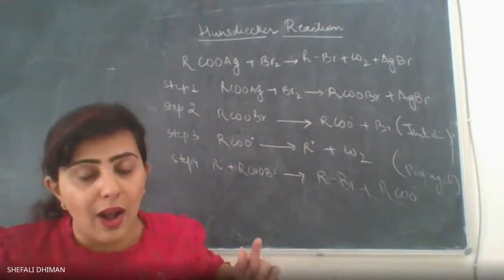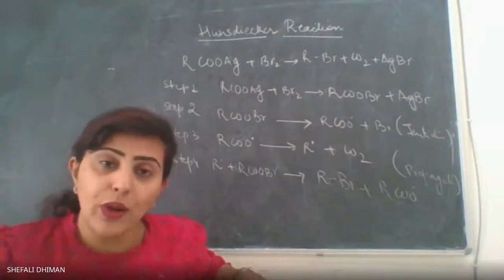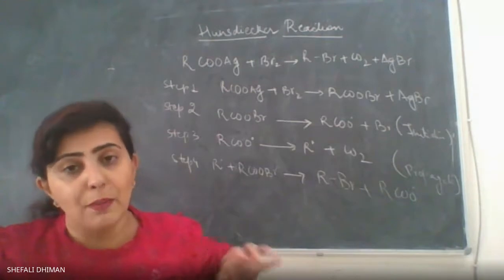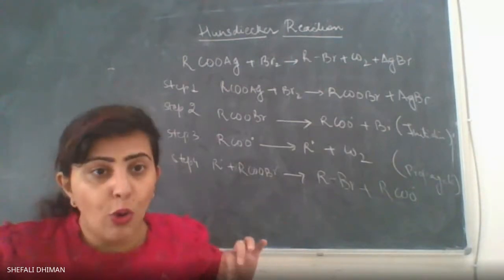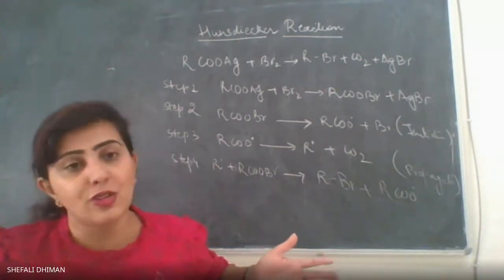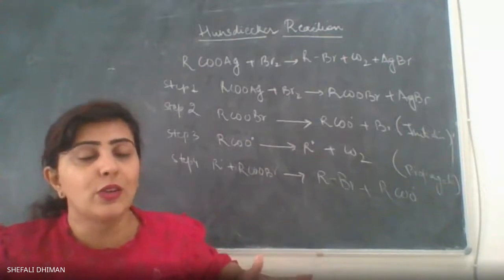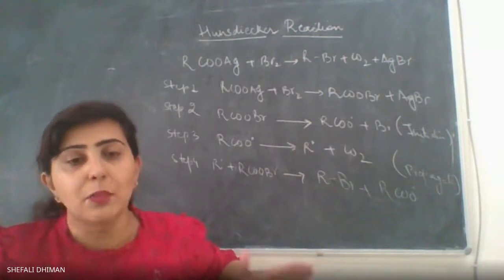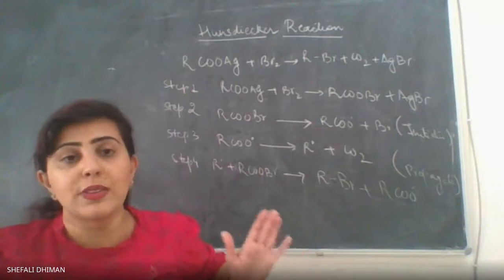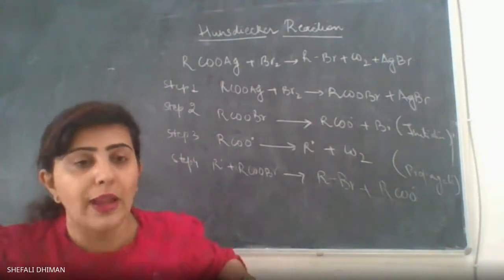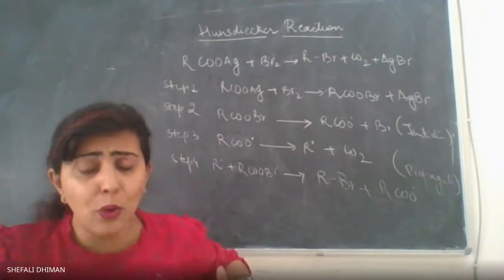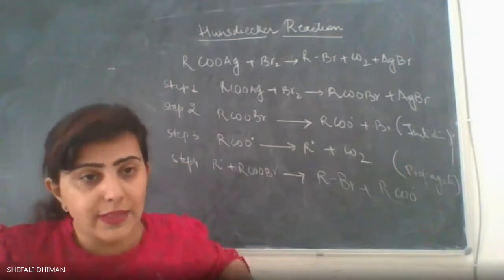So when you are asked about the Hunsdiecker reaction, please also write 2 lines about Simonini so that when you are writing it in the exam, the examiner knows that you know the Hunsdiecker reaction as well as its slight modification, which is called the Simonini reaction, which happens when you take the silver salt and iodine in the ratio of 2:1, and you get the product, which is an ester, RCOOR, unlike the alkyl iodide or alkyl bromide when you took a 1:1 ratio of both the reactants. So I hope both the Hunsdiecker and the Simonini reactions are clear.